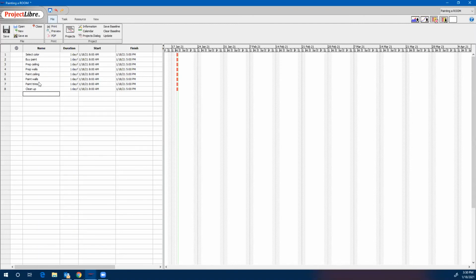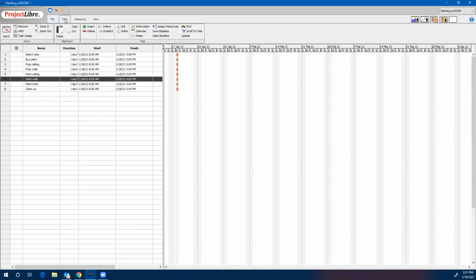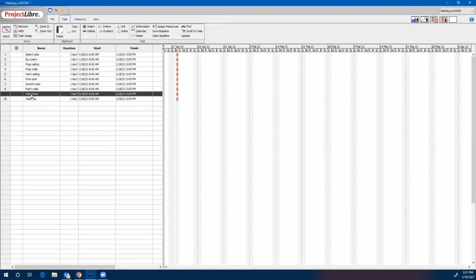Now, those are the major tasks that I would think of. What if I want to insert some subtasks? For instance, painting the ceiling has another 2 subtasks, which would probably be first coat and second coat. Then I highlight the very next task, go to Task, then select Insert. I press it a second time because I have first coat and second coat. Now the same thing goes for the walls, so I'm going to highlight the very next one, and then